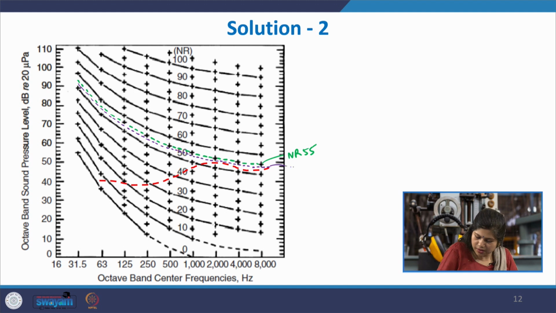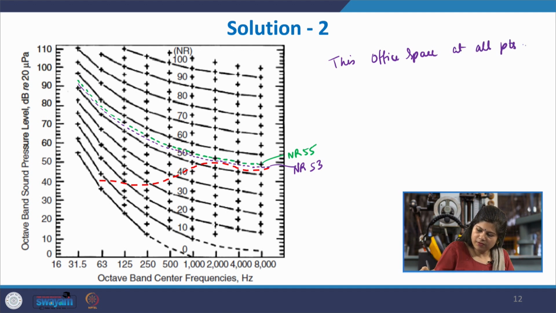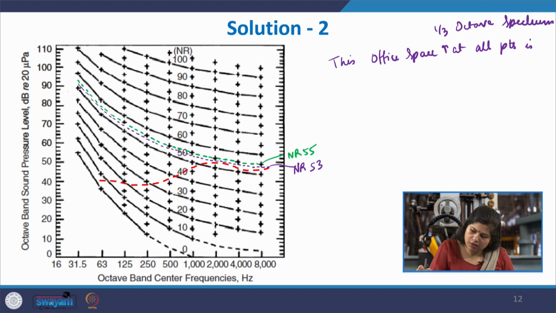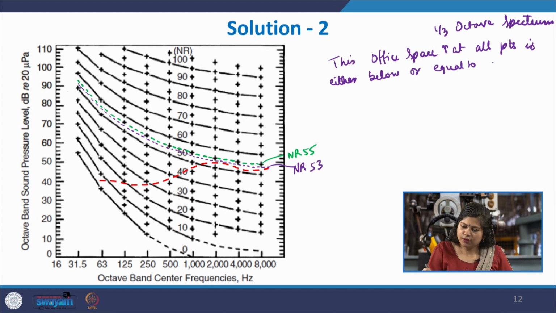Okay, this is the NR53 curve. So here, this office space's 1/3 octave spectrum at all points is either below or equal to the values in the